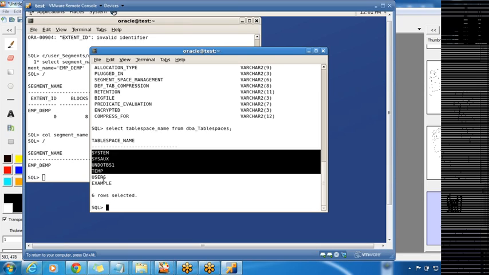Now the rest of the two tablespaces are created by default whenever you are creating a database with DBCA and you select sample schemas. If you remember, when we were trying to create the database, we checked the sample schema option. So whenever it creates sample schemas, it will also create two tablespaces, users and example. But Oracle recommends having these four tablespaces: system, sysaux, undo, and temp. Whenever you're creating a database, these are the four tablespaces which are required. After that,